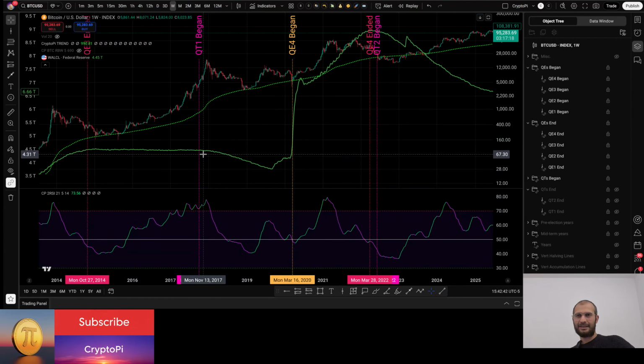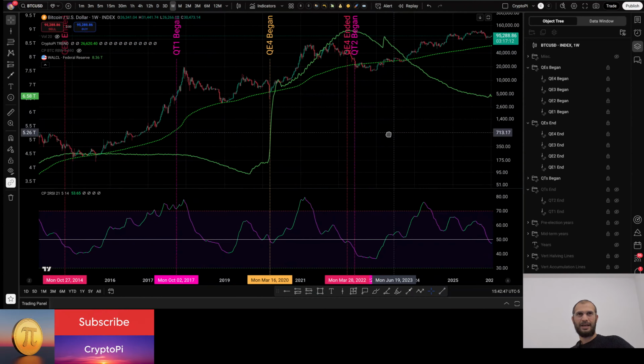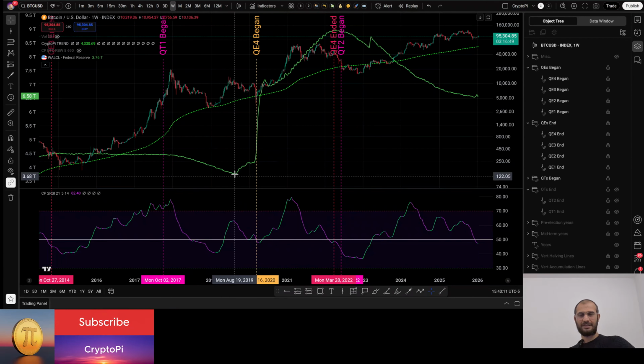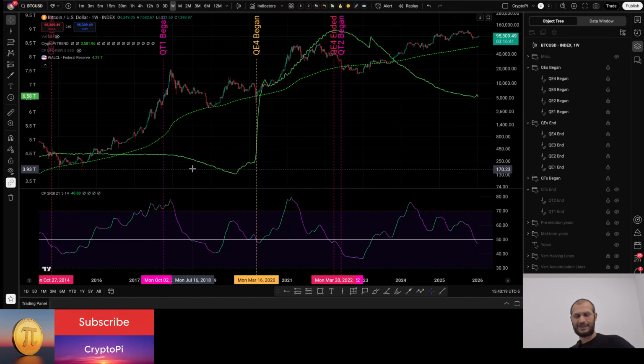What I see other than this is that the same QT began here, and there was no injection of money. The Fed was probably only printing or injecting into the system so that banks function properly, but not enough so that people can go and start investing in riskier assets. So this was not the phase where the Fed was saying, all right, here is crazy money, go put money in your altcoins and so on.